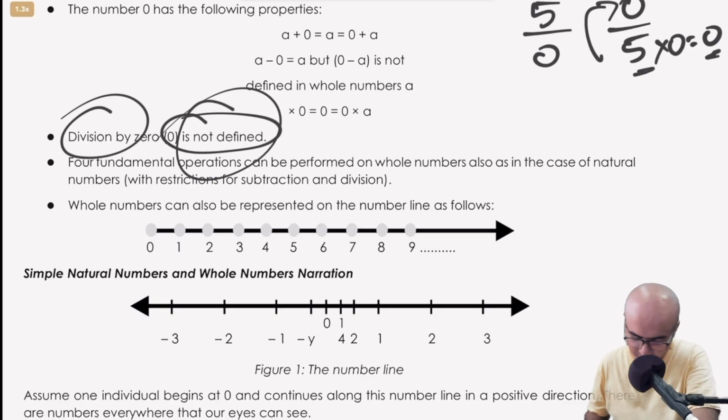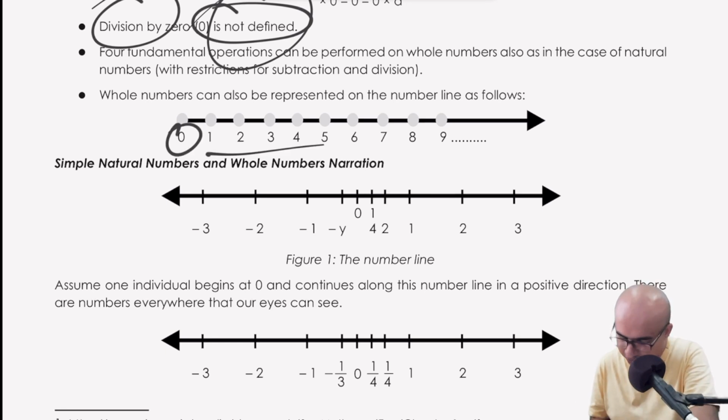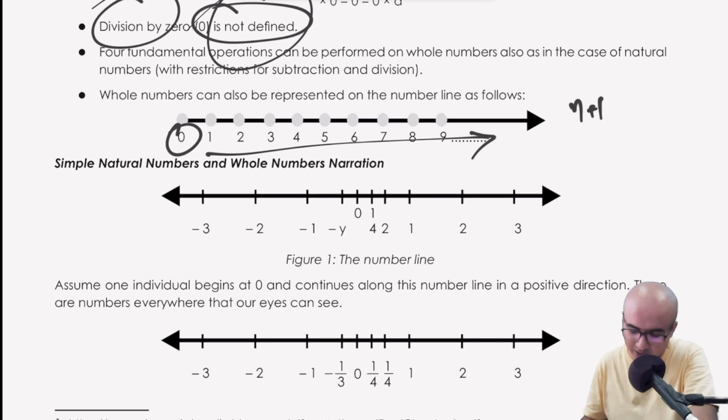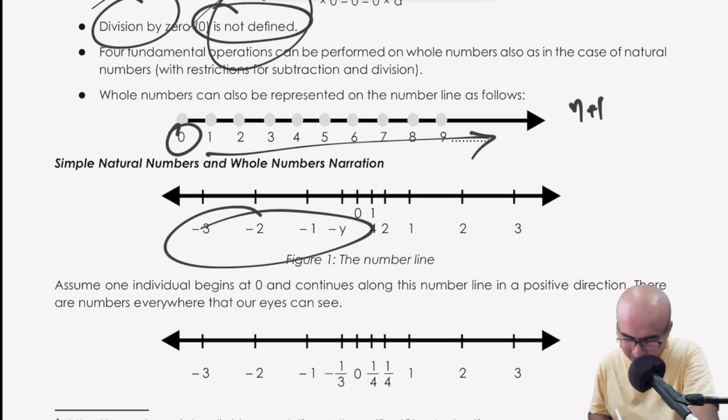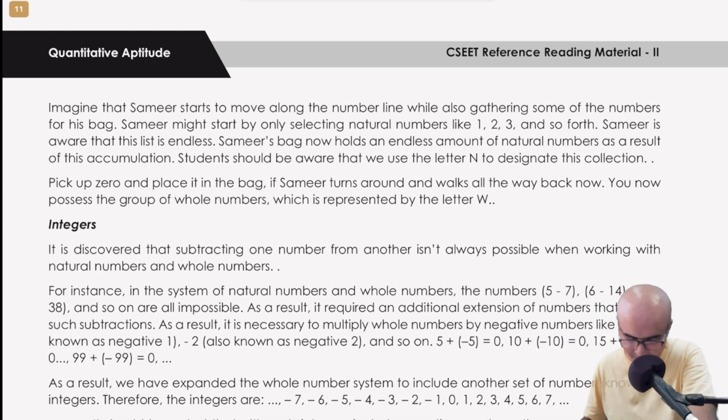And again, they have given a diagram here wherein you can just see the whole numbers being represented in a line starting from 0 and proceeding towards infinity. N plus 1, that would be the last natural number. Okay. Of course, these are not natural numbers. If there is any negative sign, they would not come under the natural numbers category. So that is the thing with respect to natural numbers.